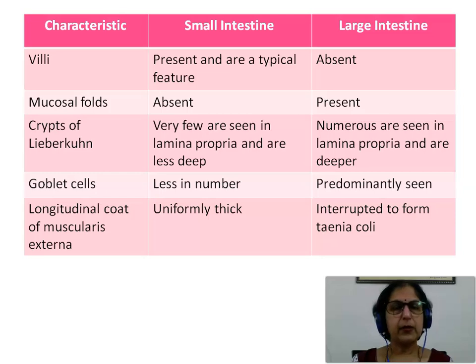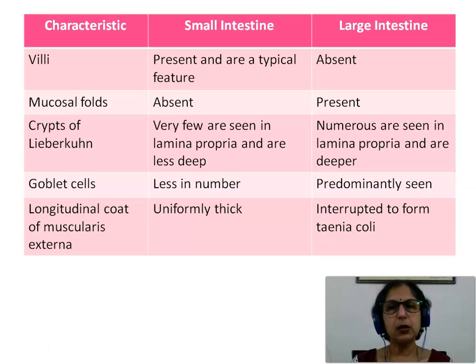When we talk of the number of goblet cells, these are less in number in the small intestine, and these are predominantly seen in the lining epithelium in the large intestine. When we talk of the longitudinally arranged coat of smooth muscle fibers in the muscularis externa, this is uniformly thick in the small intestine, whereas it is interrupted to form tinea coli in some parts of the large intestine like